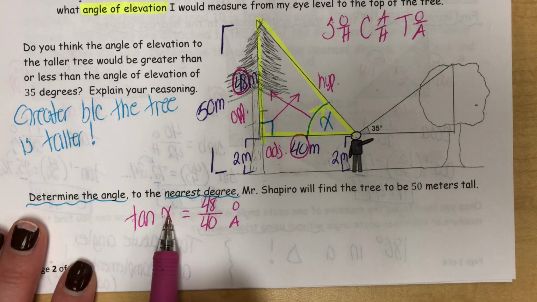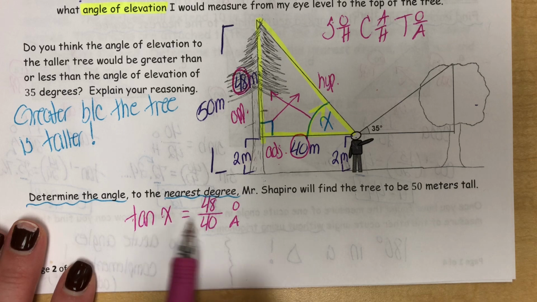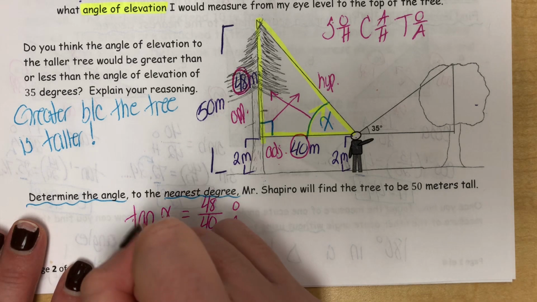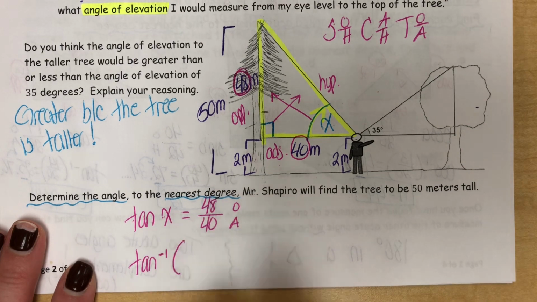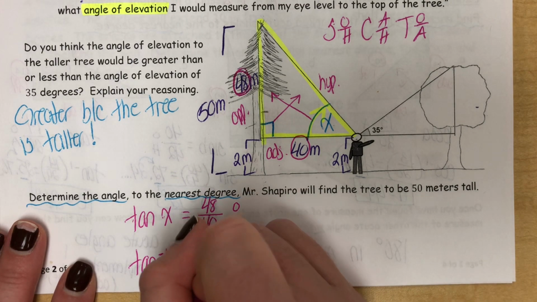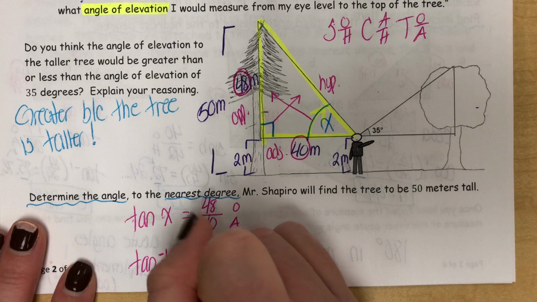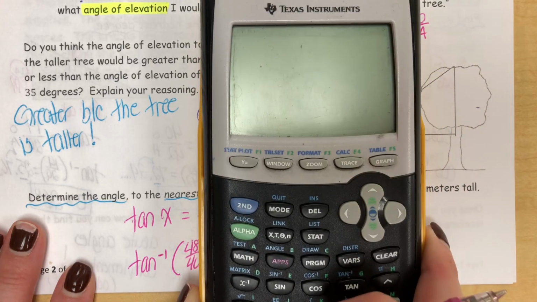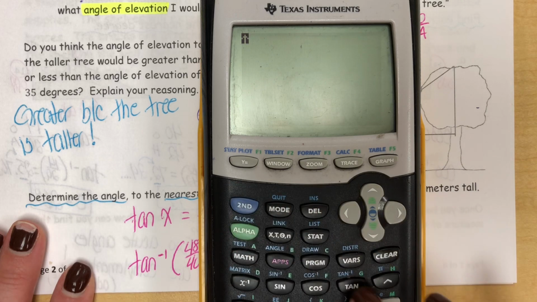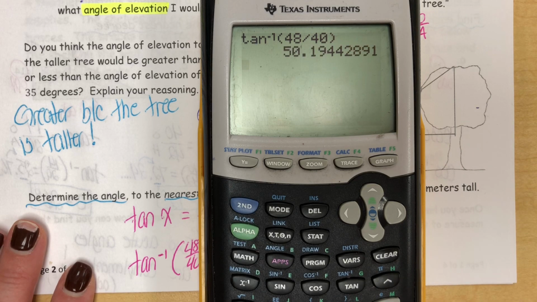Don't forget, if I'm looking for the reference angle, you are not cross multiplying. You want to do that tan inverse function because I'm looking for that angle. So on my calculator, I'm going to do the inverse of 48 over 40 and see what that's going to equal. So here we go. We've got second tan of 48 over 40. Don't forget, division is really a fraction. I can type that in, close it, press enter. And I'm getting this decimal,